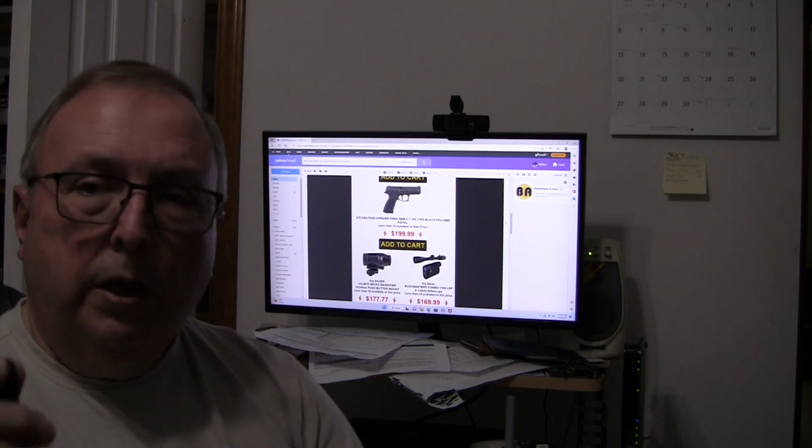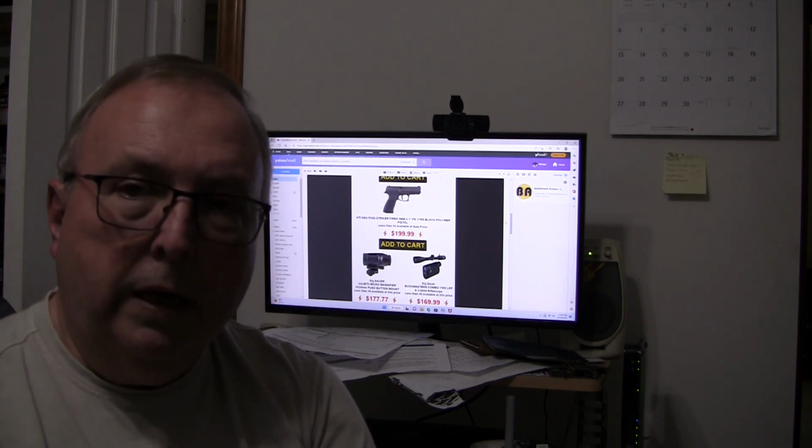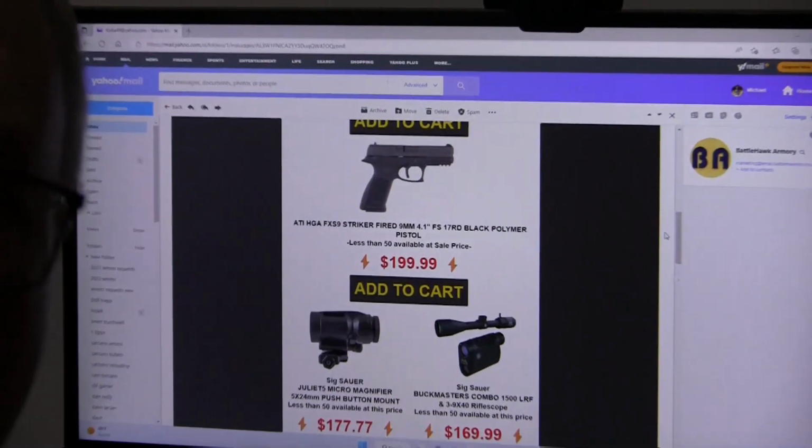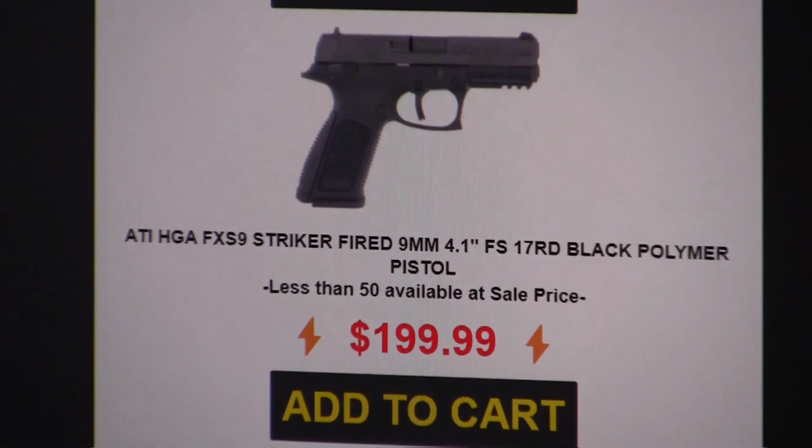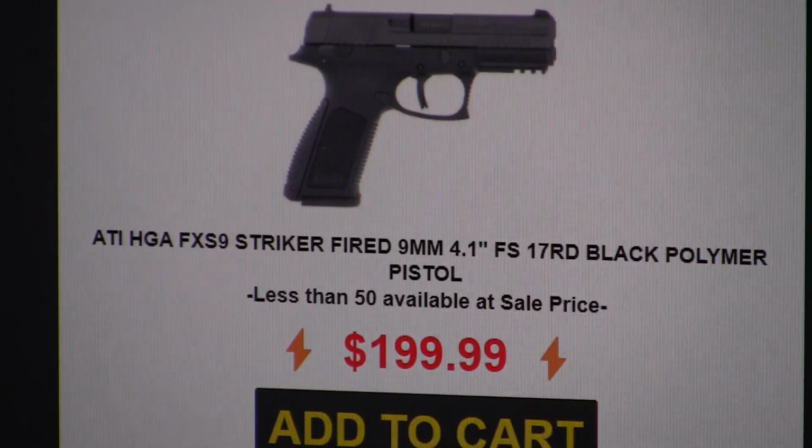But while I was here and I mentioned it, I saw this morning there's another, and this is from Battle Hawk Armory. This is an ATI HGH FS9 striker-fired pistol. I really don't know anything about this gun at all. I did a couple quick searches on YouTube and found out that it has a lot of the features that the FN pistols do, and I'm not quite familiar with it. But for $199,